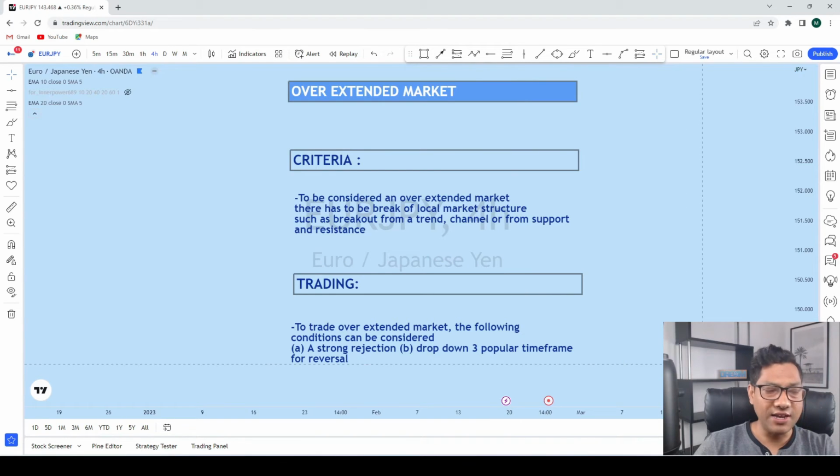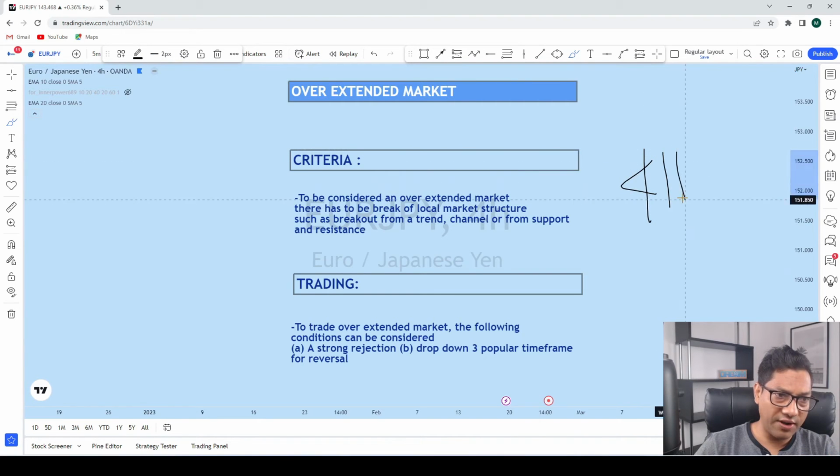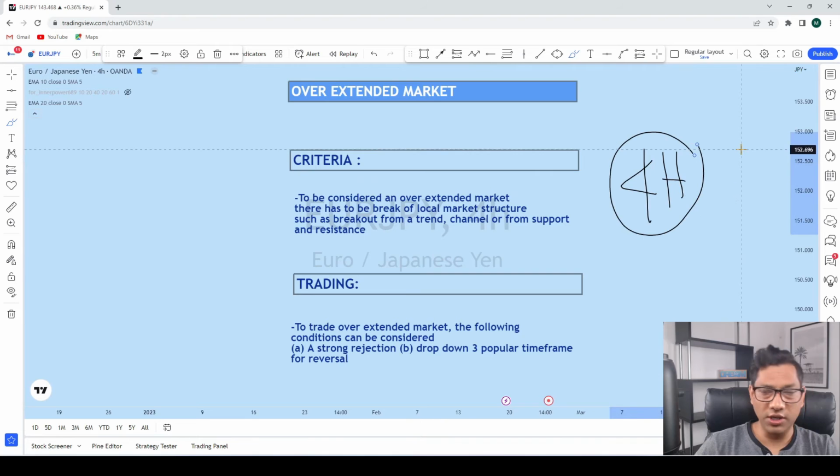Now the second criteria that I personally use is dropping down to 3 popular time frames for a reversal. So what do we mean by this? Let's say I'm trading on 5 minutes. Now, if I see a market is overextended on the 4-hour time frame, what I do is I drop down to 3 popular time frames for a reversal in that overextended zone to take a trade. For example,